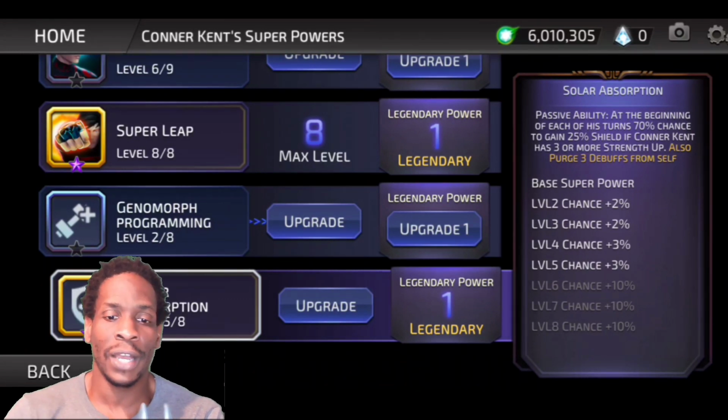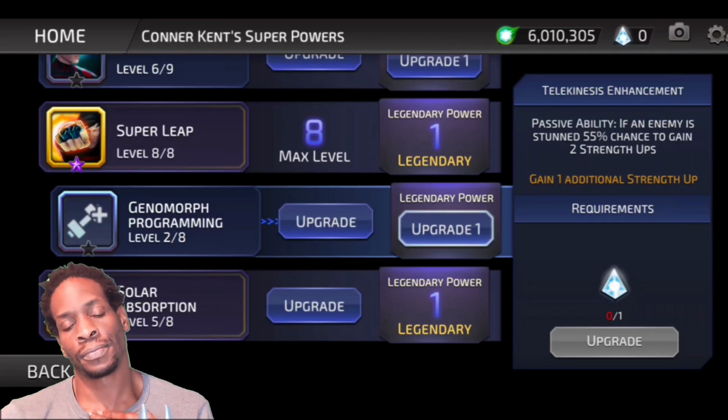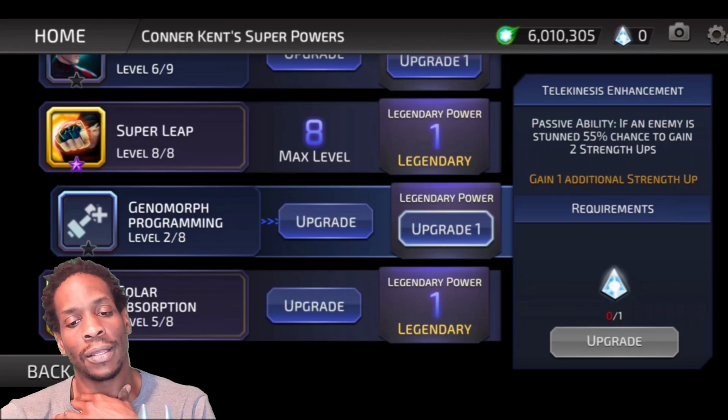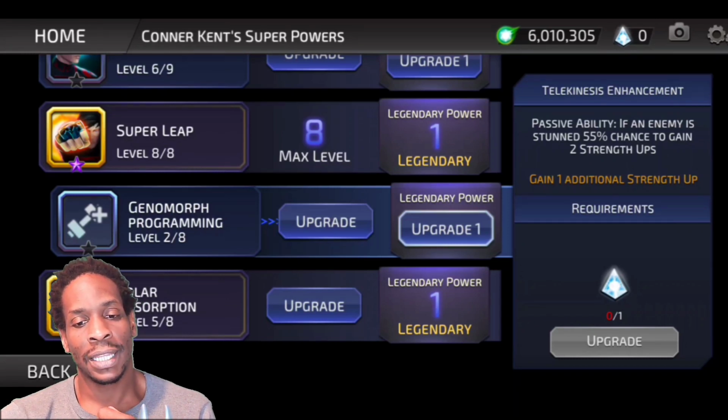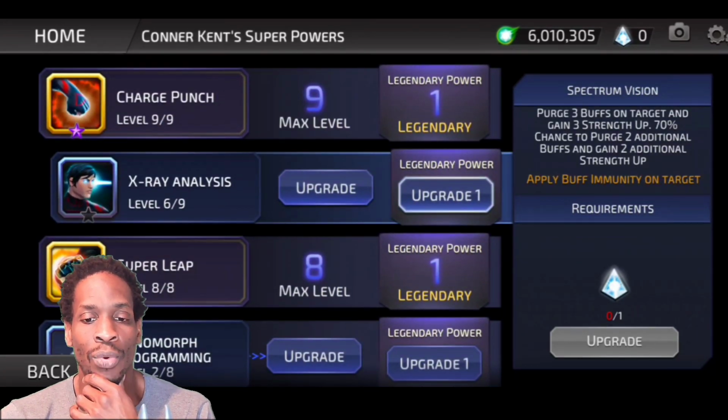Also, purge 3 buffs from self was the legendary point. I've got to ring this stuff out, and I plan on using them a lot. With the one additional strength up, that means he would gain 5. If I ring that out and then took that legendary point, he would gain 5 strength ups. I'm not averse to that, but I'm leaning more towards